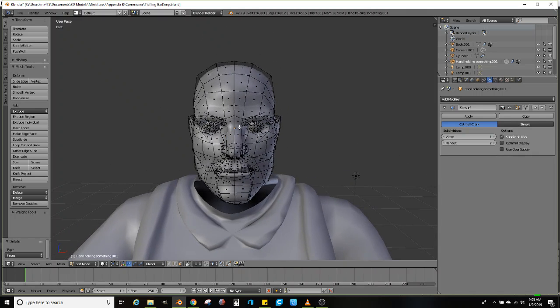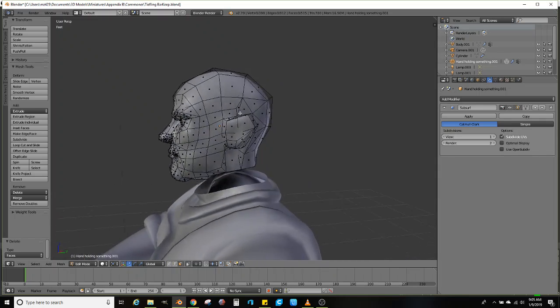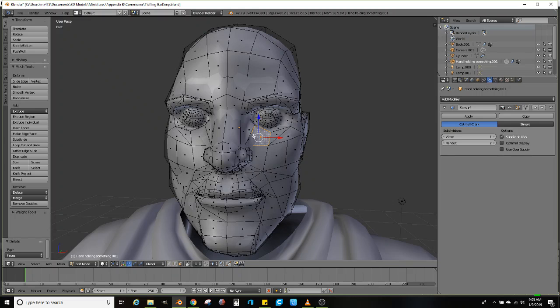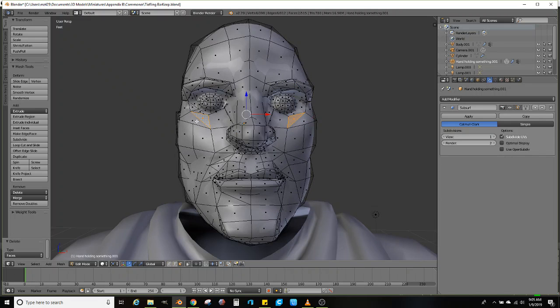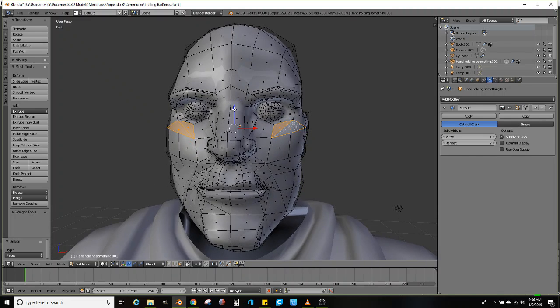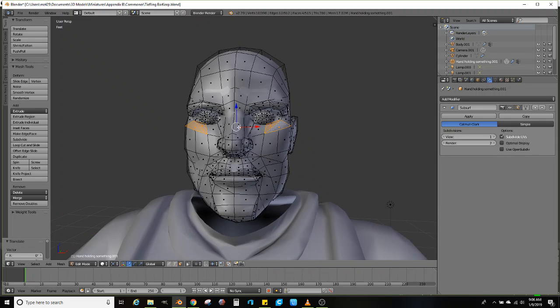Although, actually, I think in this case it won't be necessary to use the mirror tool because there are some variables in here, and I think it will be fine if there is a little bit of variance in the facial features. So never mind. Anyway, so first things first, let's put